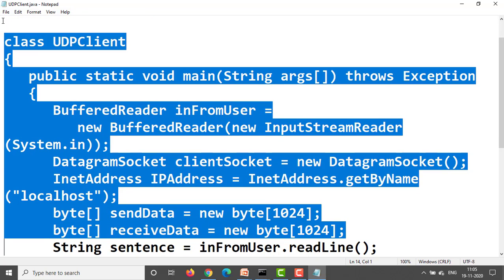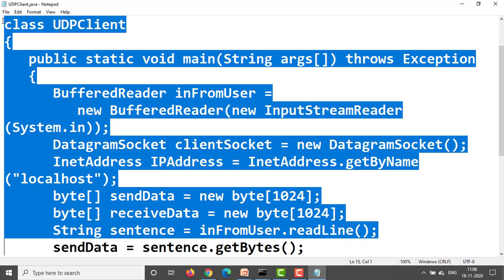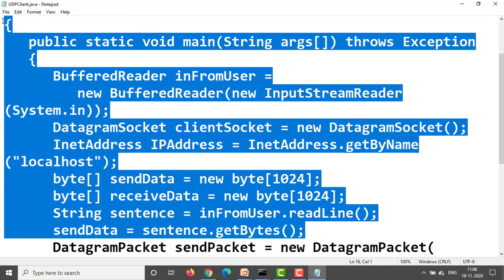Next byte[] receiveData = new byte[1024]; Next String sentence = inFromUser.readLine(); What is stored in the inFromUser variable, we are reading by using the readLine method. Now sendData = sentence.getBytes();